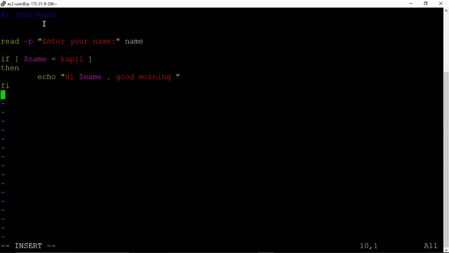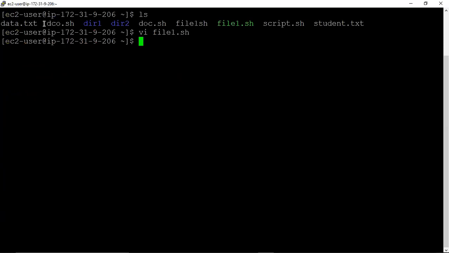So save this first and we run it. In order to run the script, we always put a dot, then a forward slash, and whatever the name of the file is.